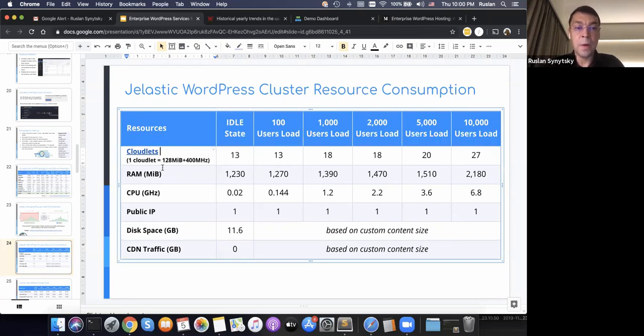One cloudlet equals 128 megabytes and 400 megahertz of CPU. As you can see, at different loads, we have different consumption of cloudlets. So the cloudlet is the basic resource unit. Again, the price is mostly based on cloudlets and the software license and CDN license. Software license, Lightspeed license.